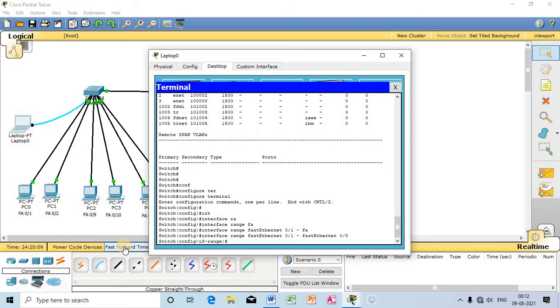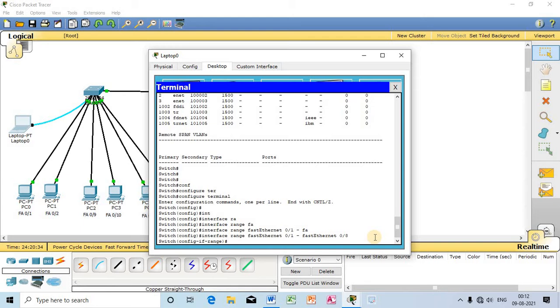So okay, you can watch the switch config-if-range. So that many number of ports we have selected. So now we are going to shift all those ports starting from Fa0/1 to Fa0/8. This many number of ports we are going to allot to VLAN 2.